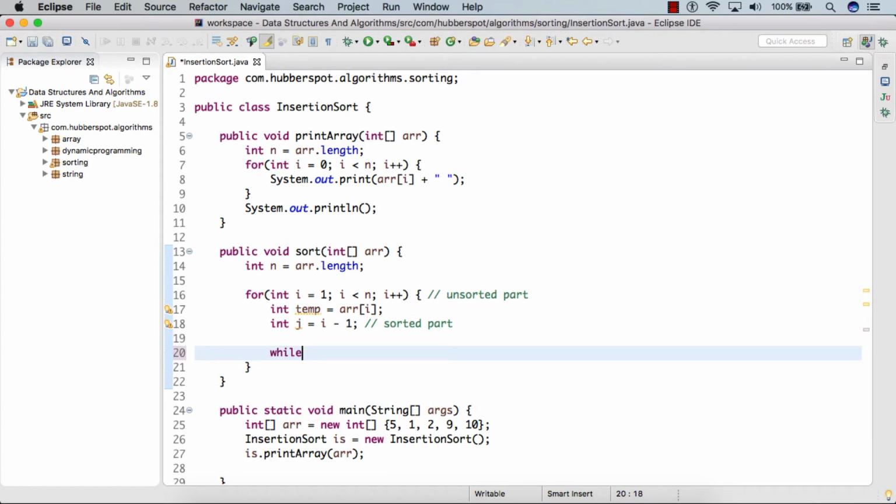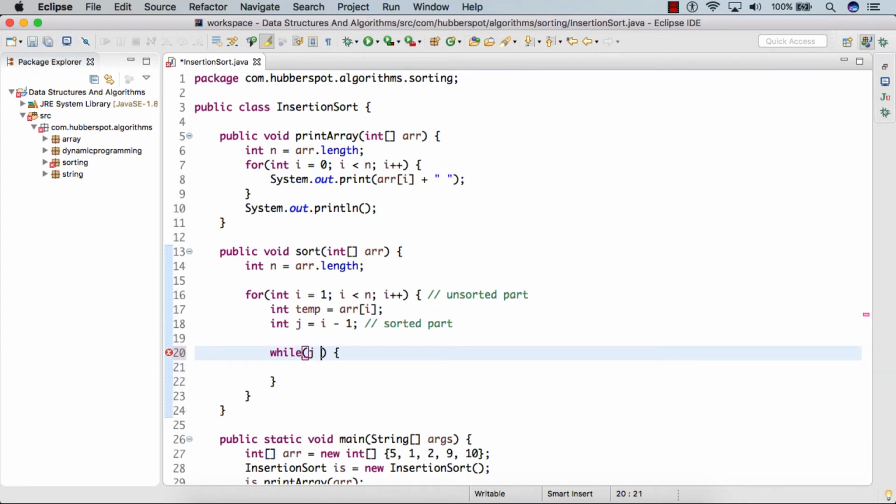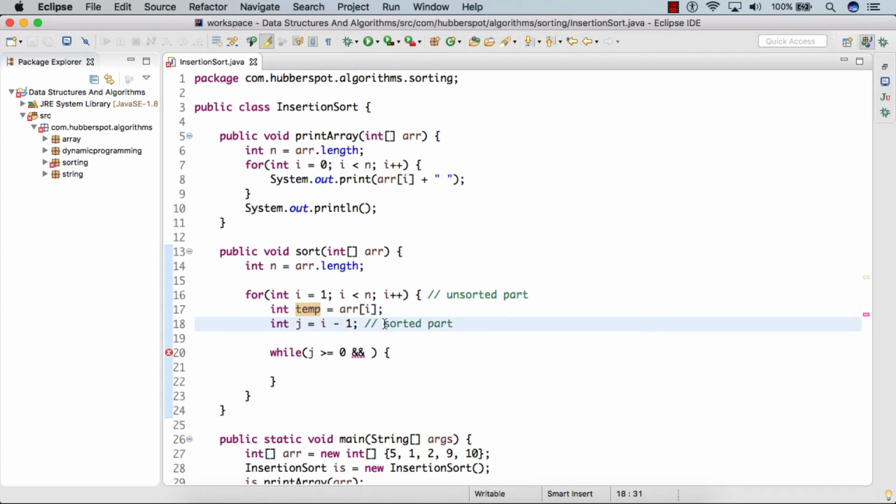We provide a while loop where we provide two conditions that j should be greater than or equal to 0. And as we want to compare the value stored into the temporary variable with each and every element stored in the sorted part, we provide another condition as the element stored at the jth index is greater than temp or not.